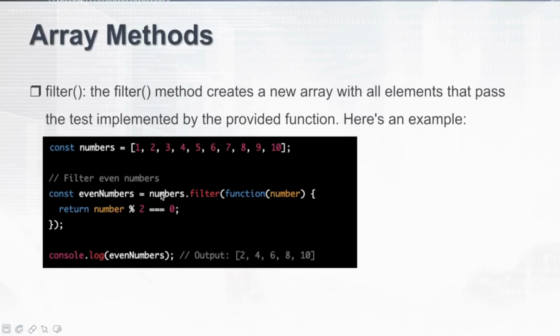Like we can see with this structure, this is the syntax for the filter array. So we have this array of numbers, and I want to get, in this case, the even numbers. So you call the array, so numbers, in this case, is the array, dot filter, and then you provide the function. Now this function, you write an expression that